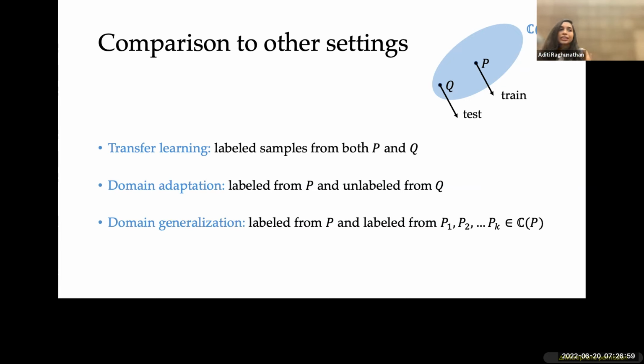A setting that is more similar to what we are looking at in this talk is where we do not know exactly the test distribution, and that is domain generalization. There we assume access to a bunch of different distributions that implicitly define what this family is. You see several distributions, and you're going to generalize to a new distribution from the same family that all these distributions came from.